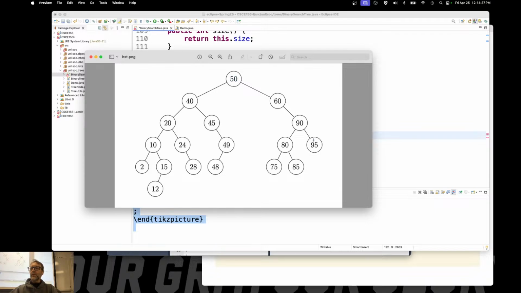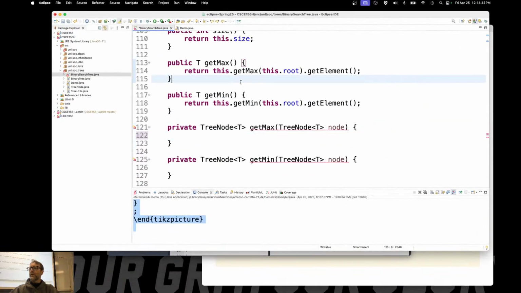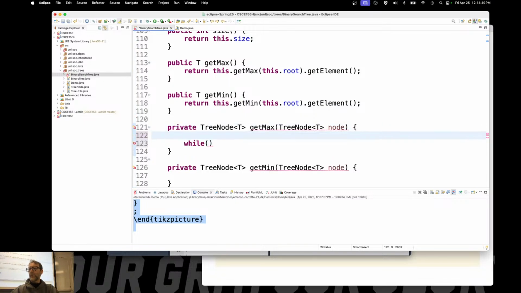Keep going right. Keep going right until you can go no further. Right? So let me codify that. While, in fact, I'll do another node here. Tree node